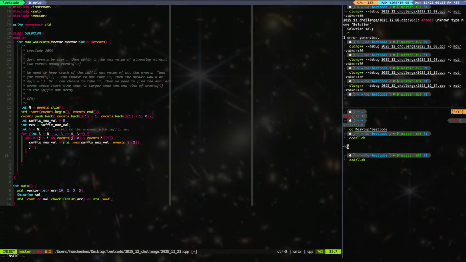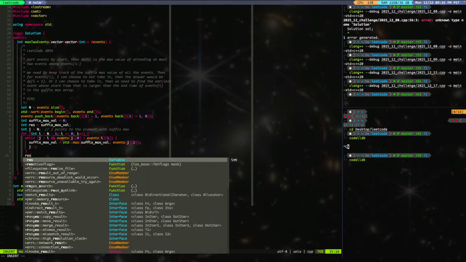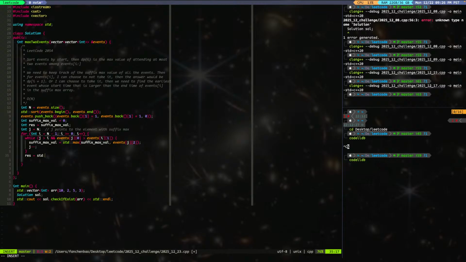Alright, let's get back to this. So we add a new element to the end. So I can do this, and then it will move, and then I can say j plus 1 is the next one, right? And then I can use it. I can say res shall equal the maximum of res and the current,